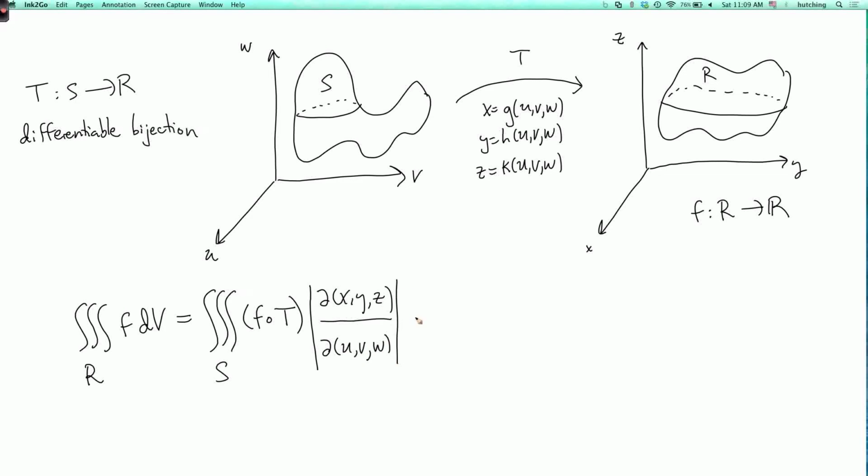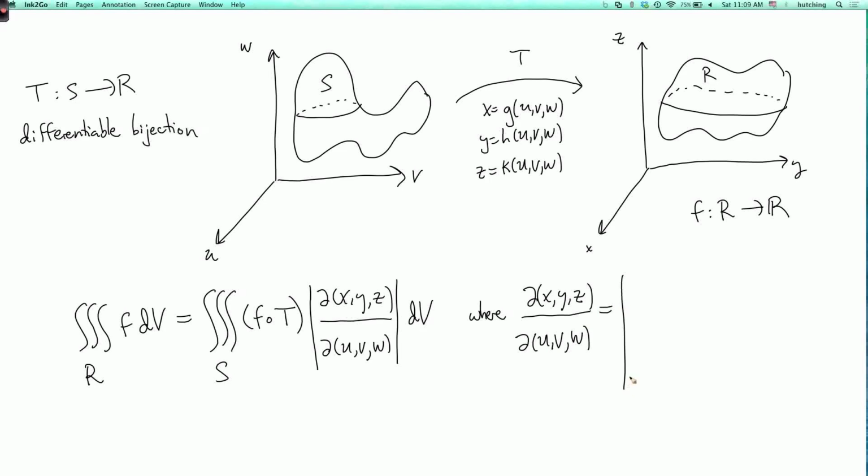And then I have dV, where this Jacobian for functions of three variables, so that should not be z, that should be x. So d of x, y, z over d of u, v, w